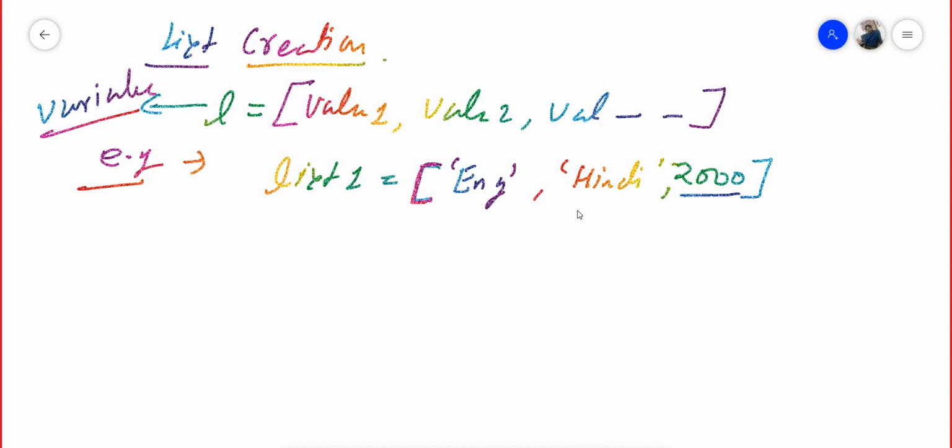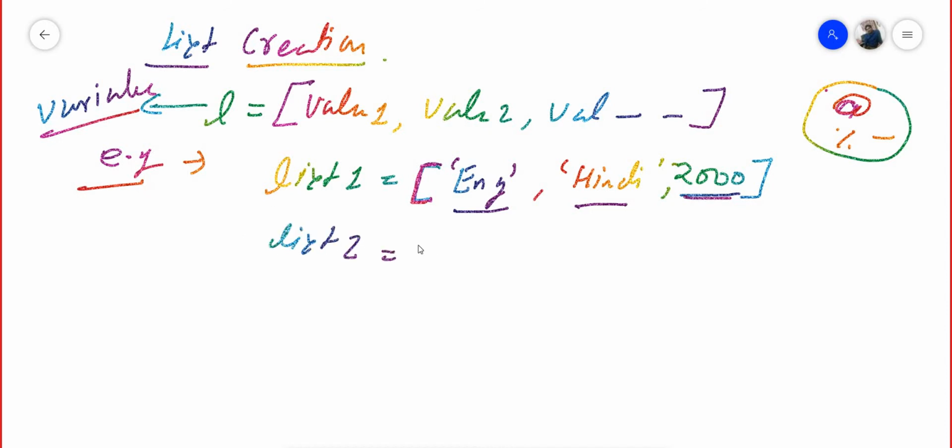In a list you can define multiple data types, like English is a string, Hindi is a string, 2000 is a number. You can also give special characters like at or underscore, any character you can define in that. So this is list 1.